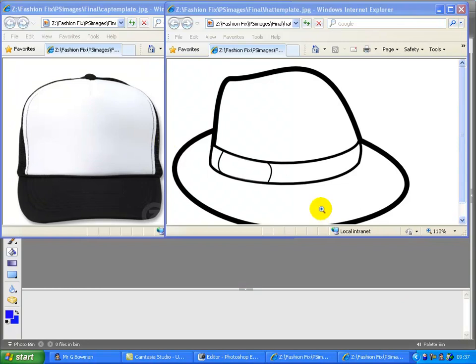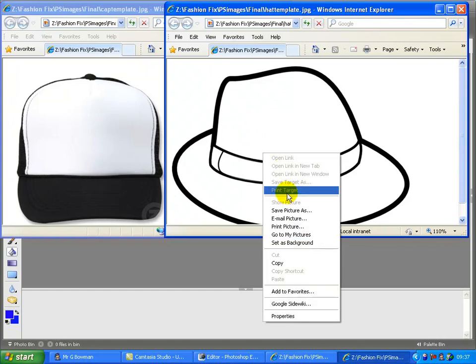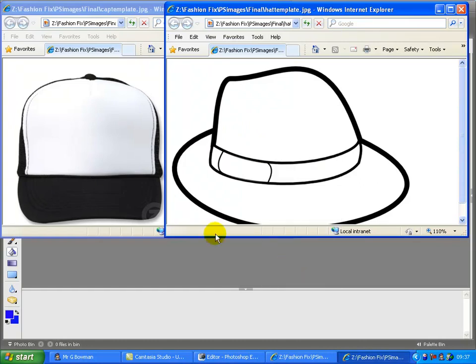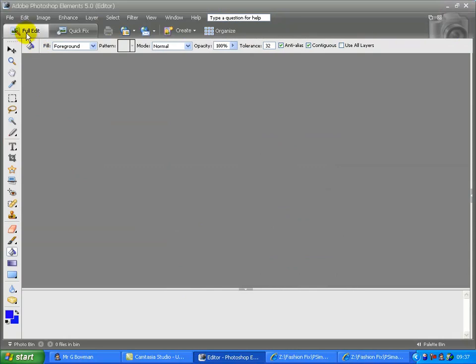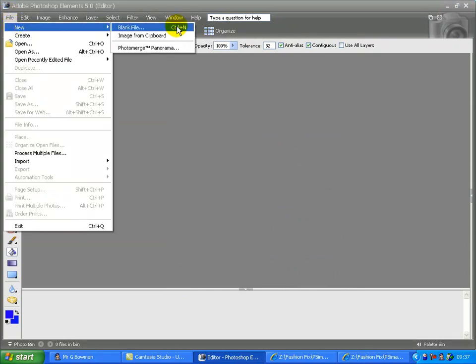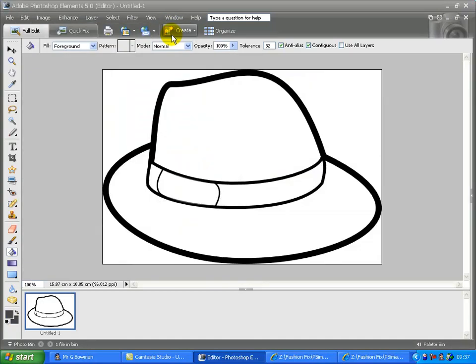This short video shows you how to use the fill tool and the cutter tool. Firstly, you have two pictures to choose from this time. The one that looks like this is far easier to use than the baseball cap, and I'll show you why in a minute. So you can either save this to your documents and open it, or copy it and click File, New, Image